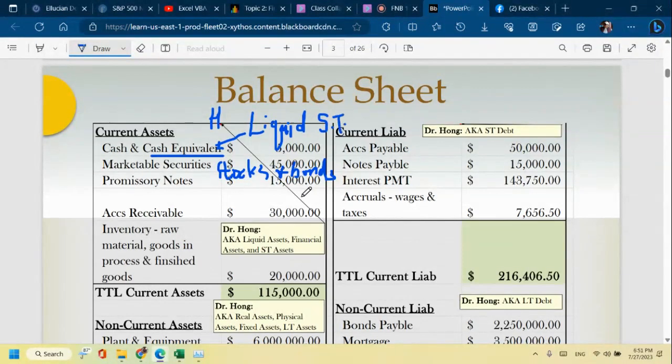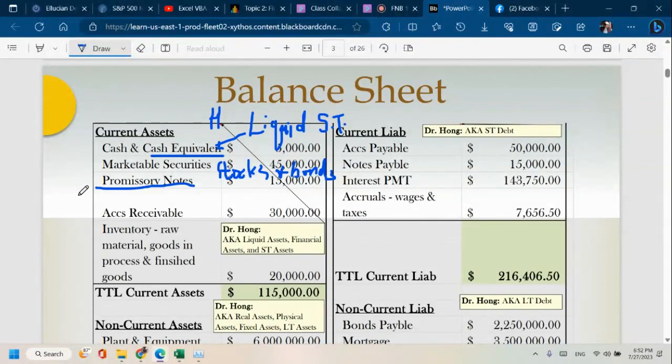Now, short-term instruments could be even 10-day or 3-day, very short-term. Commercial papers and promissory notes are also